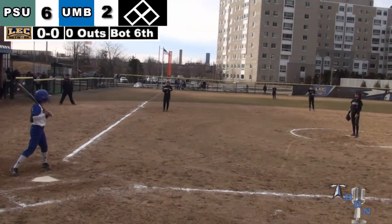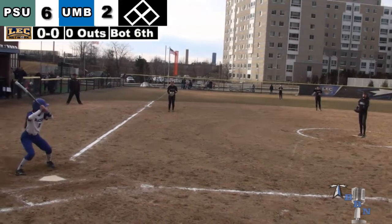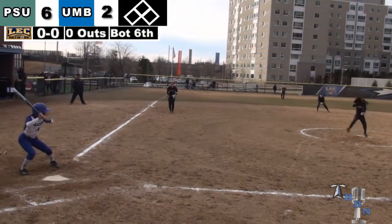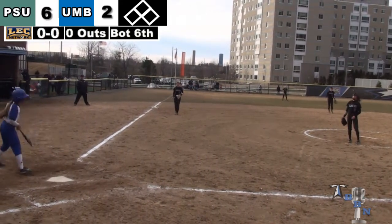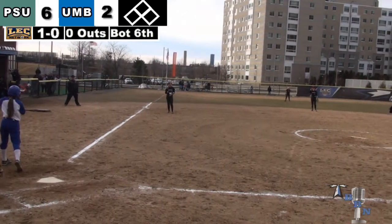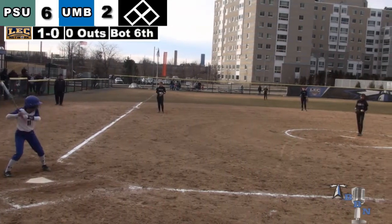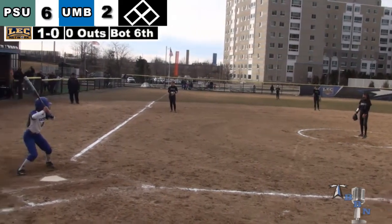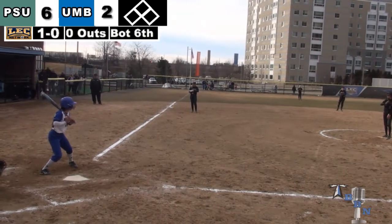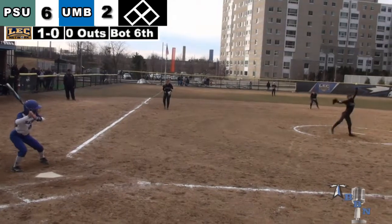And back in the circle for Plymouth State, number 8, Caitlin Miller. Hello, everyone, and welcome back here for the bottom of the 6th inning. It is a 6-2 game in favor of Plymouth State, and we see Caitlin Miller back out in the circle. She started and pitched the full game in Game 1. Now back out there for inning number 6 in Game 2. Kayla Matthew went 5 innings, gave up 2 runs, and is in line for the win if Miller can hold on